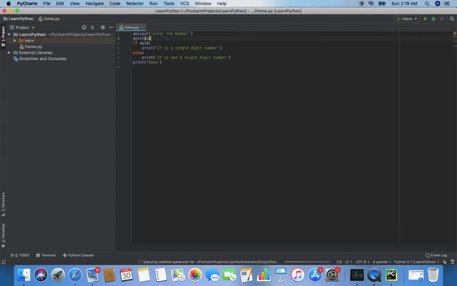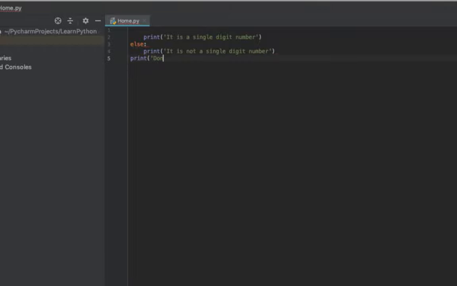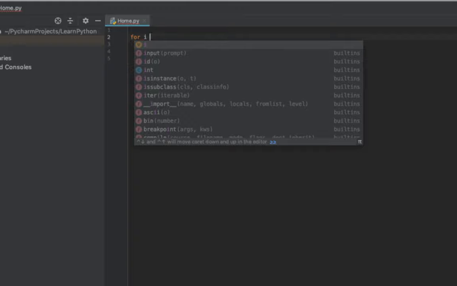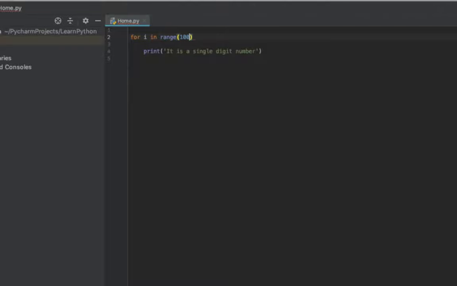So here I say that, suppose I see that in this code, so here if I say that the syntax goes like this: for I in range 100, then you put this, then you can